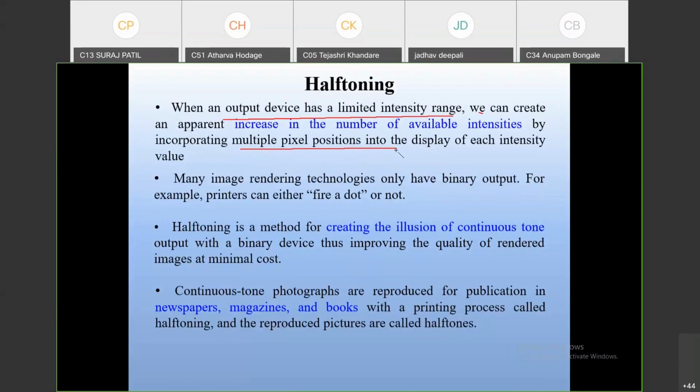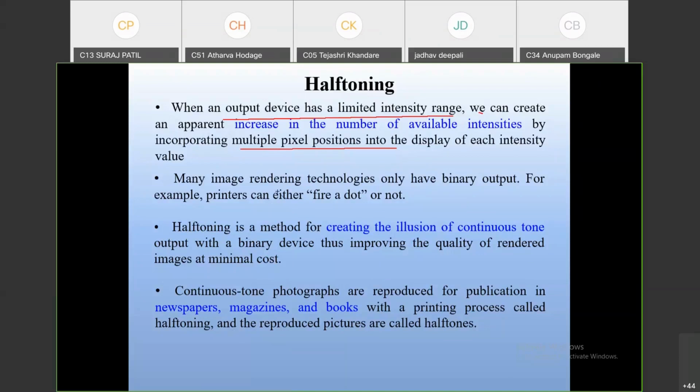Now see, when we use our simple mobile screen, we can change the brightness easily. How is it changed? Behind that, some graphic systems are used to change the intensity levels, to change the brightness. On a monitor or TV, you can change the intensity, you can change the brightness. Means multiple pixel positions are used in that display if there are multiple intensities.